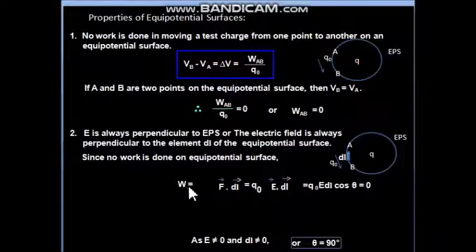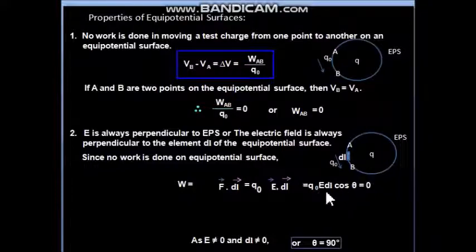So we will calculate the work done in terms of electric field now. F dot dl, we start by replacing the force. We want the force on the test charge Q0. The force on the test charge in terms of electric field is Q0 into E. This formula we have discussed before. Now dot dl we substitute, so Q0 E dot dl. Q0 E means the force value. Now let us open this scalar product formula. E dot dl becomes E dl cos theta.